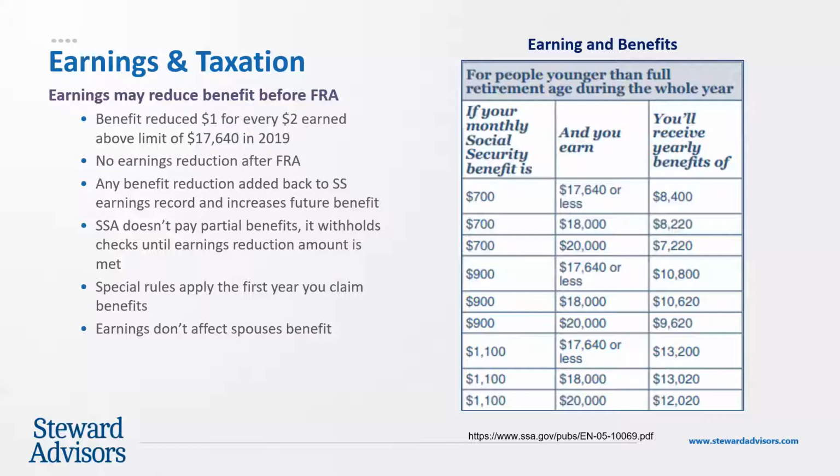Let's take a look at some examples here on the table on the right. There's really three different Social Security benefit amounts that we're looking at here. One person could get a $700 benefit, one gets a $900 a month benefit, one gets an $1,100 a month benefit. In each case, as long as outside earnings are less than $17,640, they get their full benefit. So for the first person, it's the $700 times 12 months,